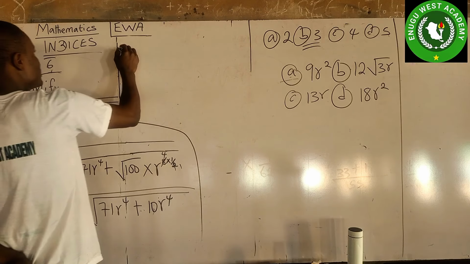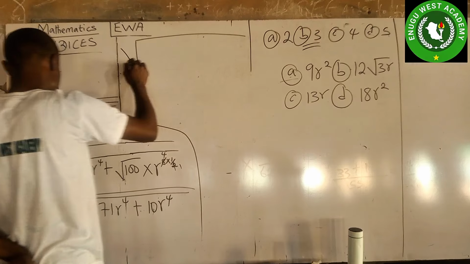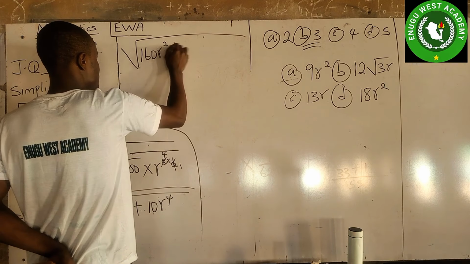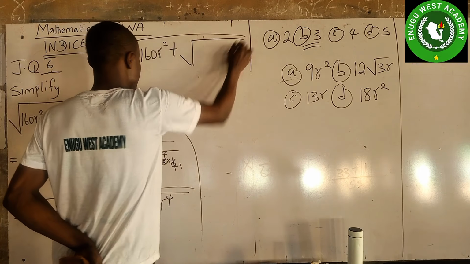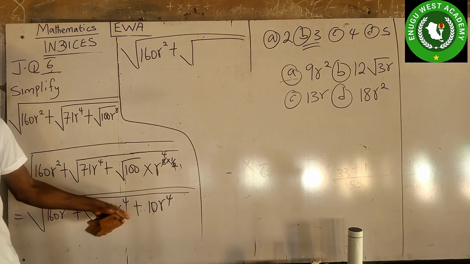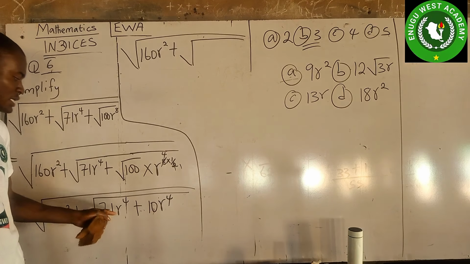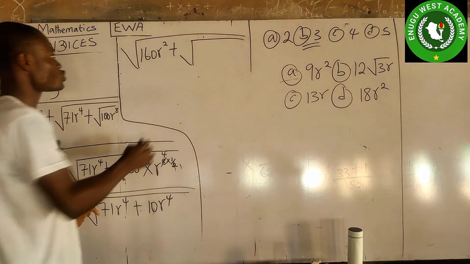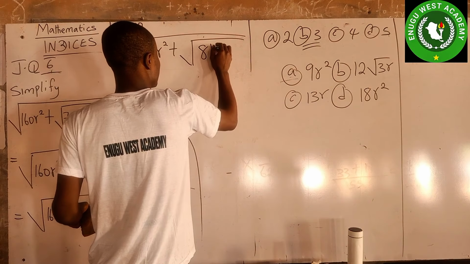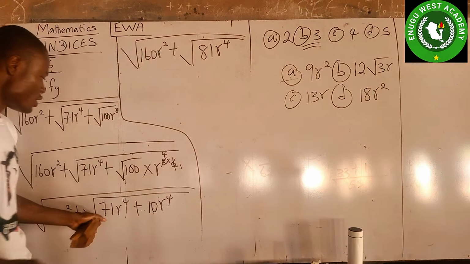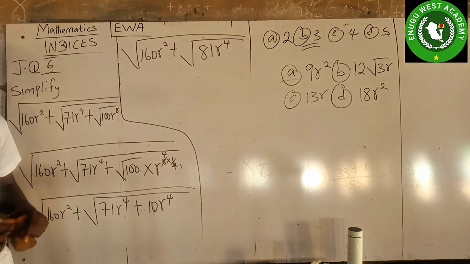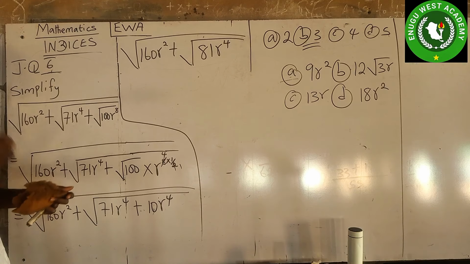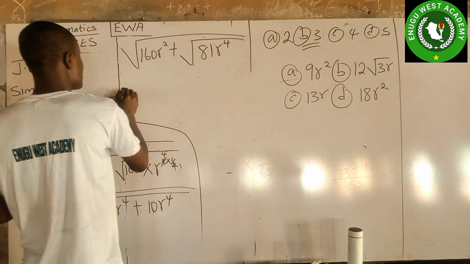Now let's continue here. So we're going to have 160 r square plus square root. Now 71 r raised to power 4 plus 10 r raised to power 4. It will give us what? 81 r raised to power 4. If you add them together, it will give you 81 r power 4. So this will be equal to